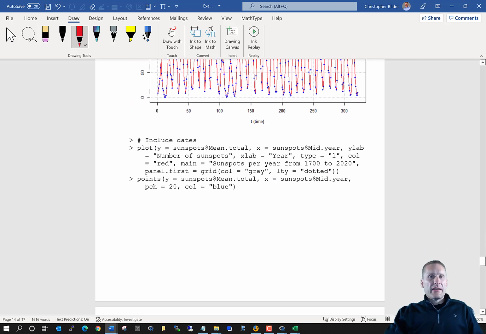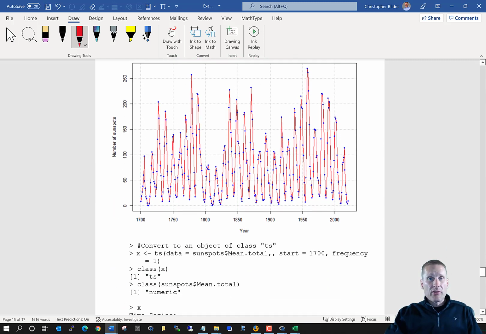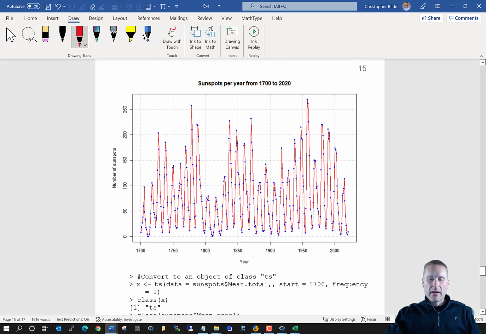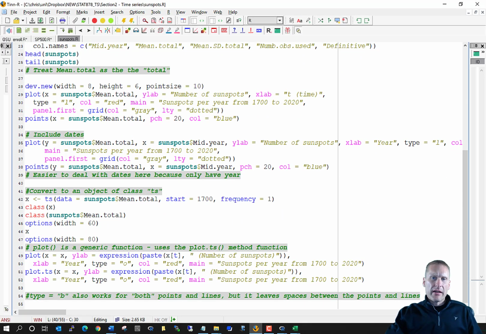Now we could also make this plot a little bit better by putting the actual year on the x-axis using similar methods to what we've discussed so far here. And so this is what I've done here. Now, I want to show you something else that you can do with this time series type of data beyond plots that can be helpful for what we will do for our analysis. This is not something that we do all the time, but it can be very helpful at times.